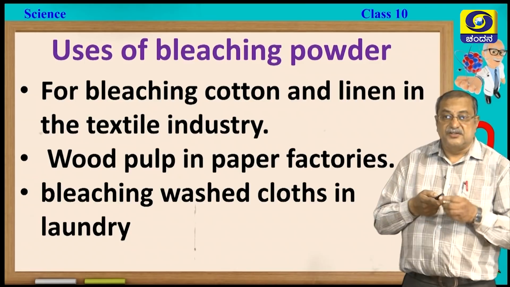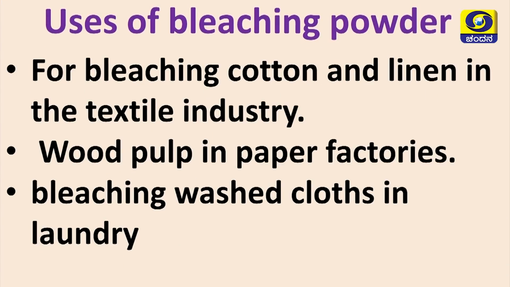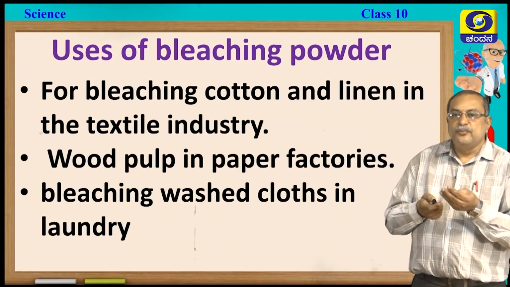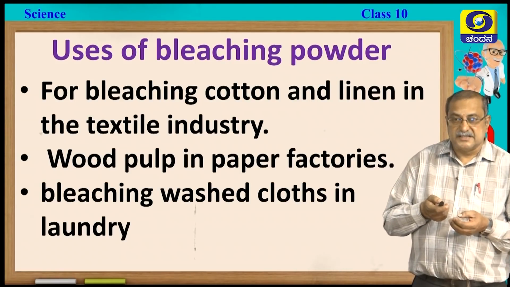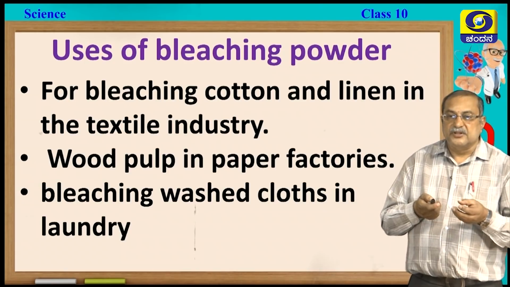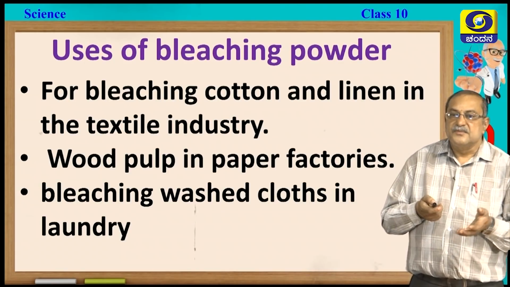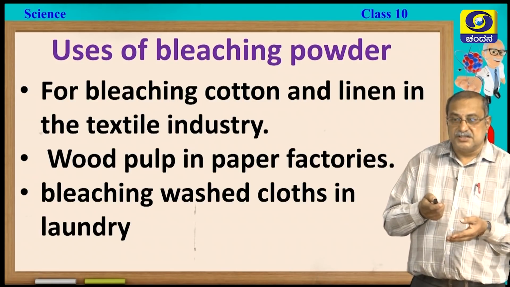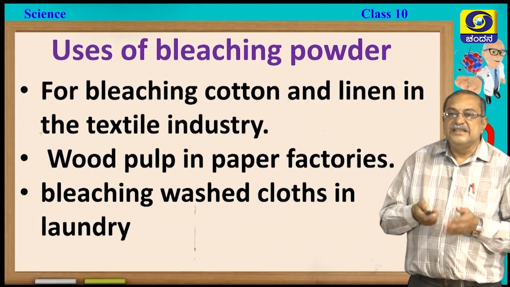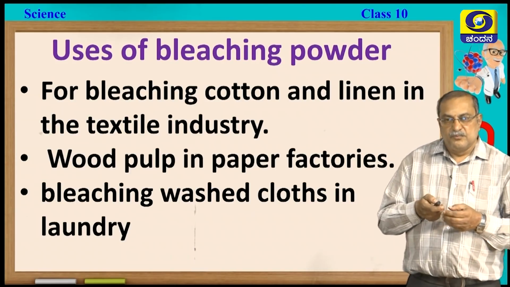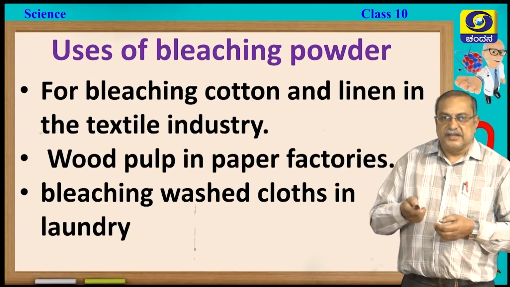Children, if you want to test it, take some bleaching powder and put 1 or 2 petals of hibiscus, red hibiscus petals, into the bleaching powder and see. The color is going to change. Okay, that is called bleaching action. Removal of color is called bleaching action. So, chlorine is a bleaching agent, what we can say.